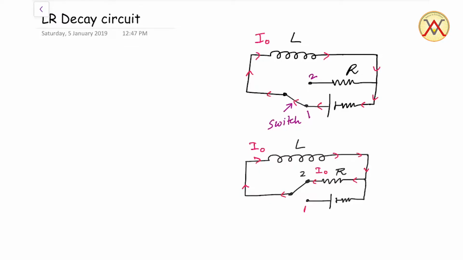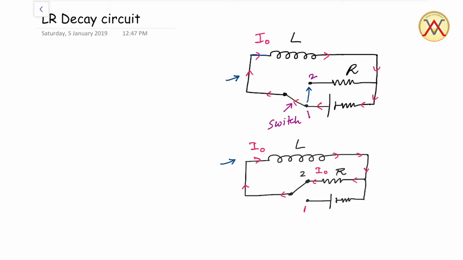Our topic is the LR decay circuit. In this circuit, initially I have shown a circuit in which the inductor is connected, and from the inductor the current I0 is flowing at the shown instant. At this instant I have shifted the switch from position 1 to position 2, and after switching the switch we will find our circuit 2,